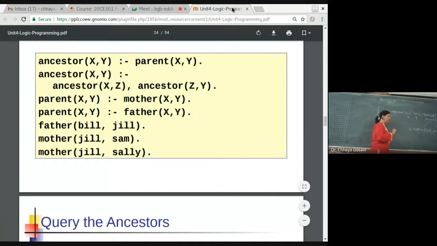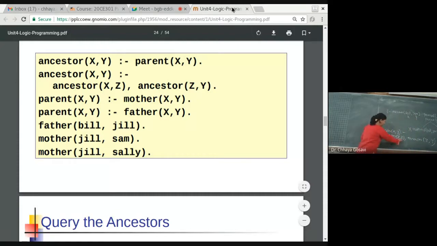There is one more rule for ancestor x comma y, which says if ancestor x comma z and ancestor z comma y.